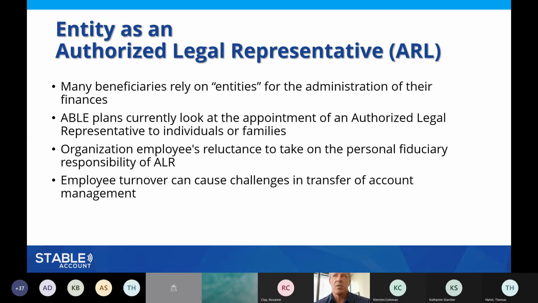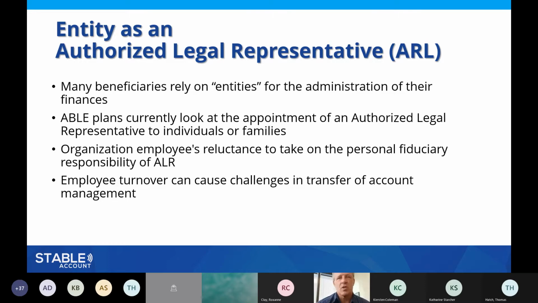Also, ABLE plans, when they were first created, and I know that we're only 5 years into this in total, and we're the oldest standing plan, and we've been around almost 5.5 years now, so it's still a very new thing. But when these were originally conceived, the thought was more around individuals and families. So looking at companies or organizations or entities managing these types of accounts wasn't really in the original forethought, I think, of those that created the federal law, or in some cases the state laws.